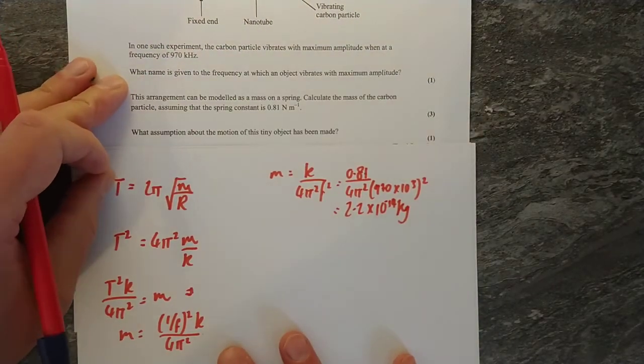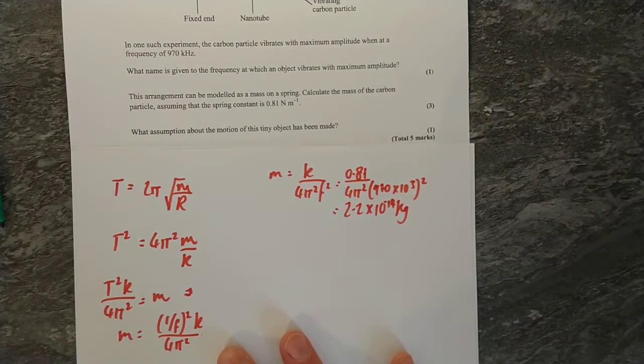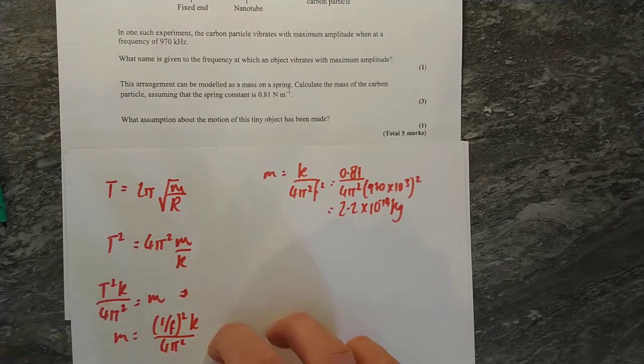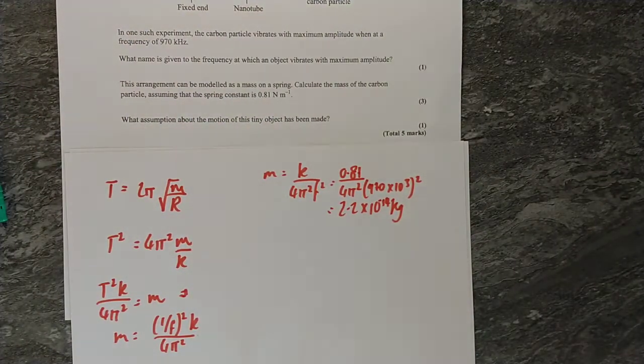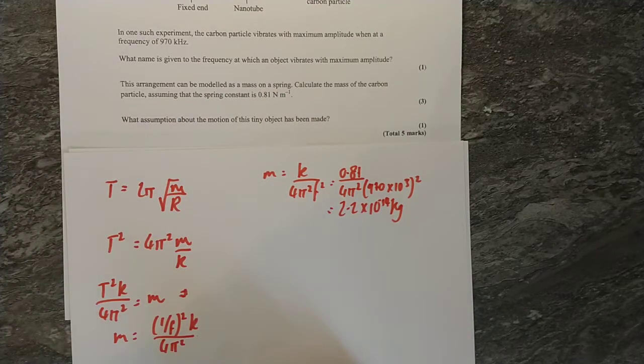What assumptions have been made? Well, we've assumed that this is a simple harmonic oscillator, our mass on a spring, so we need to think about how that would affect the frequency. So we can say that it's not past the elastic limit. We're saying that we're using this equation. We can only use this equation when it's lightly damped. If it's heavily damped, the time period will change, so we can say that there are minimal resistive forces, and